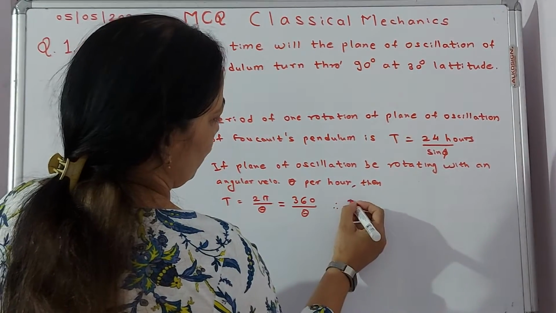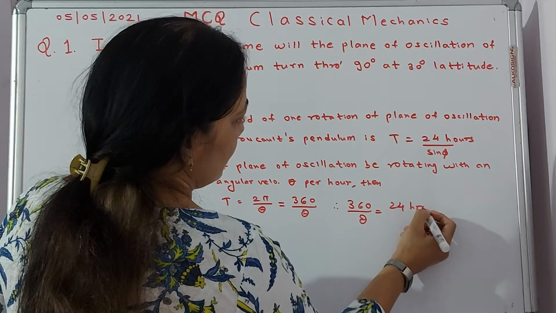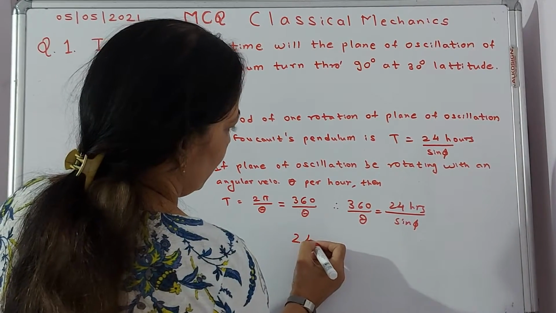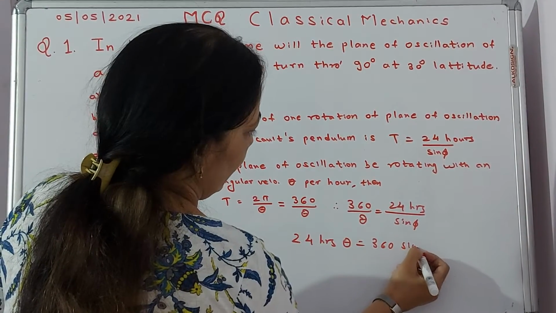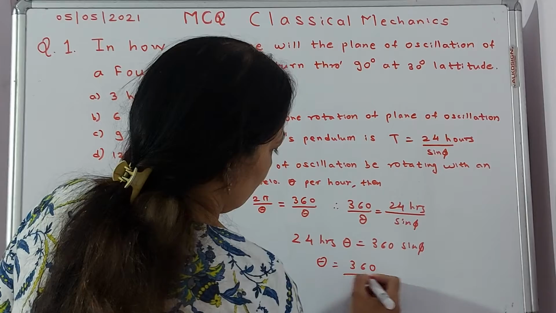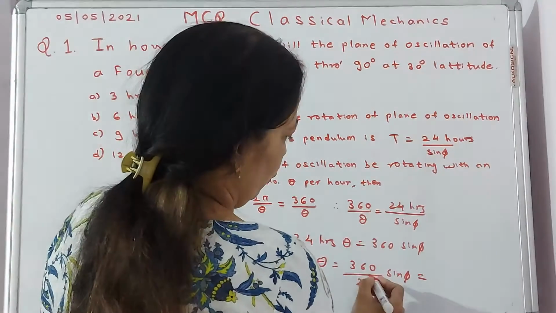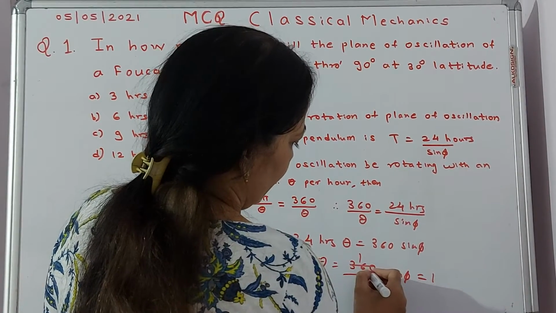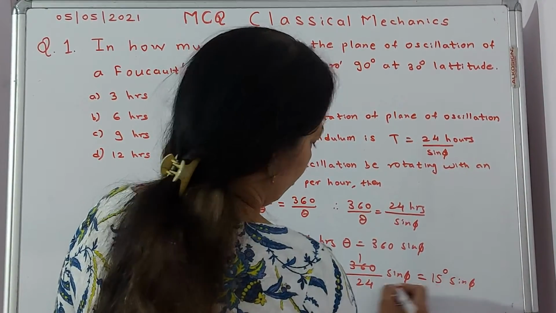If I compare these two equations, 360 by theta is equal to 24 hours by sine phi, right? I can cross multiply and say 24 hours into theta is equal to 360 into sine phi. Therefore theta is equal to 360 divided by 24 into sine phi. If you do the conversion, 24 ones are 24 and the remaining is 8, so exactly you have 15 degrees sine phi. This is what you have done in theory,